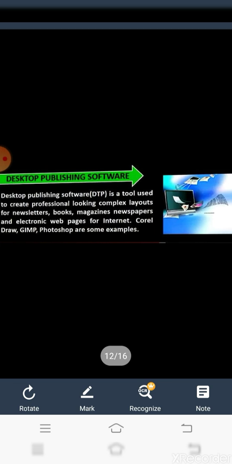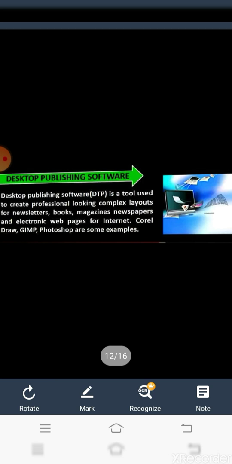Desktop publishing software. This application helps you to combine both text and graphic features to design professional documents like newsletters, printed forms, advertisements, books, posters, magazines, etc. It means this software is used to combine text as well as graphics in the form of pictures or some data.